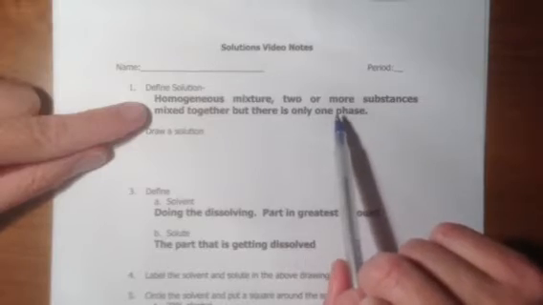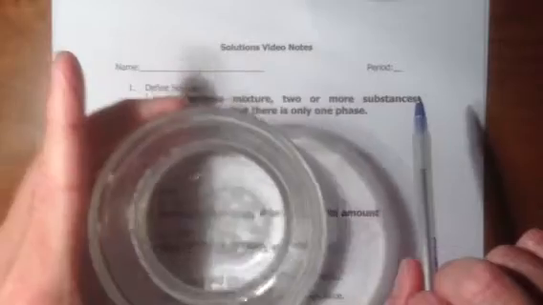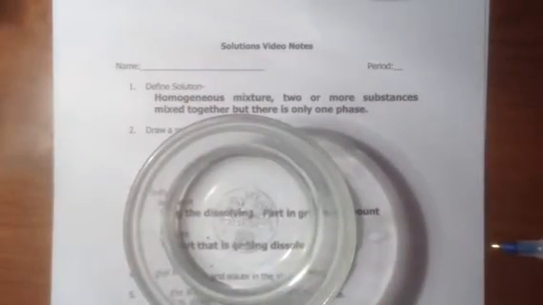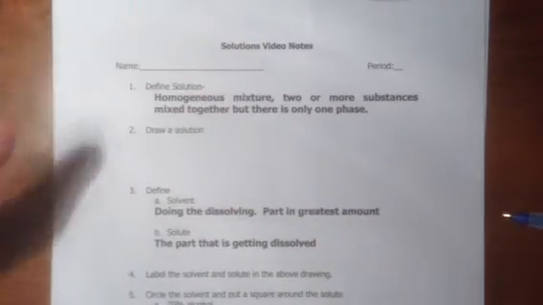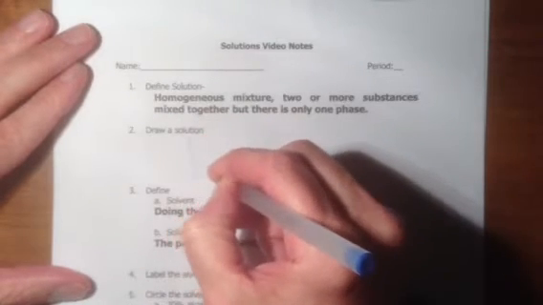So as you copy this down, what we're saying is as we look at it, we're just going to see one phase only. Here is an example I have of salt water. All you see is the salt water. You only see one phase. You don't see anything else in there. That would be a solution. So to draw a solution, what you would draw is you would just draw